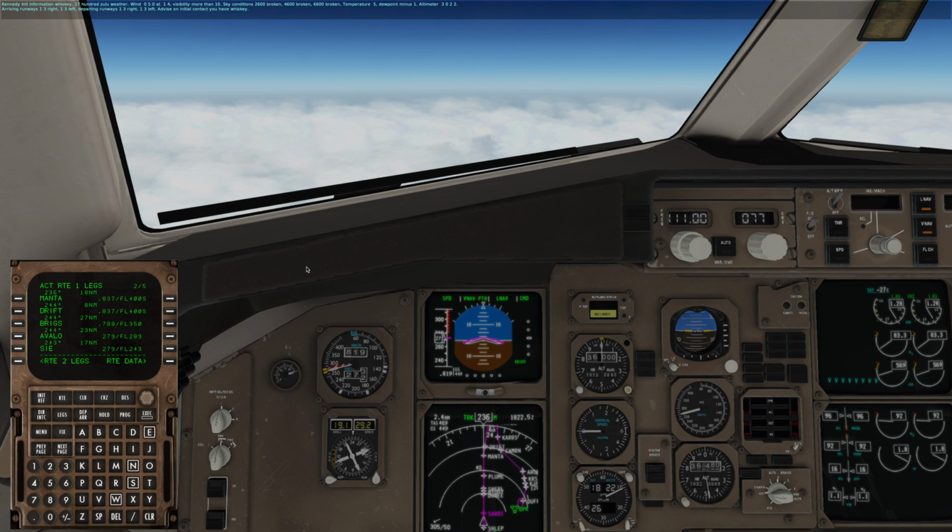14. Visibility more than 10. Sky conditions 2600 broken, 4600 broken, 6600 broken. Temperature 5, dew point -1. Altimeter 3022. Arriving runways 13 right, 13 left. Departing runways 13 right, 13 left. Advise on initial contact. Okay, that's